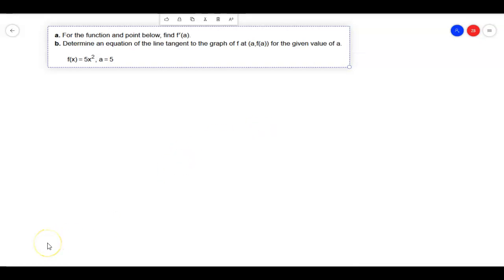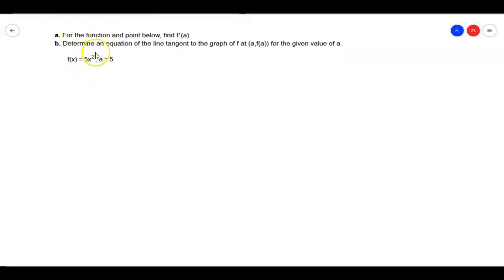Hey, this is Mr. Beckstrom, and today I'm going to look at an example from section 3.1. This is similar to problem number 11 in my MATLAB homework, and it says for the function and point below, find the derivative, that's f prime of a, and determine an equation of the line tangent to the graph of f at a, f of a, that's the same thing, it's kind of like x, y, for the given value